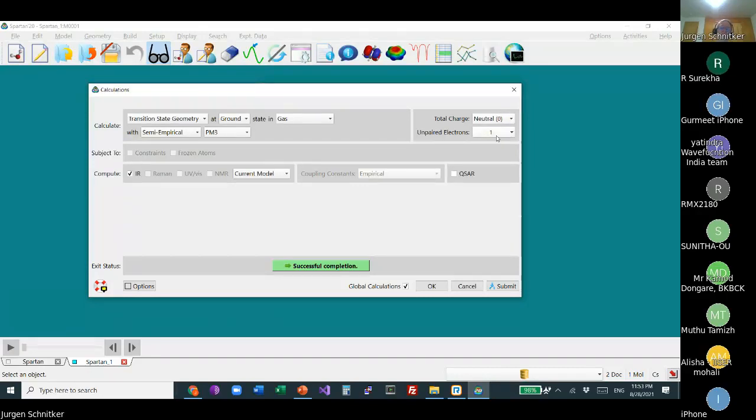You cannot have something that you cannot draw a correct Lewis structure for. I mean, then it will complain because it's impossible. But otherwise, everything else is an output. Okay, so